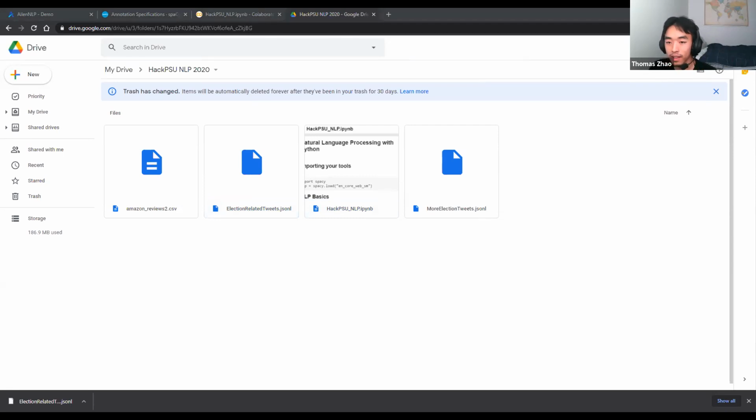What aren't you seeing, Ellen? Are you not seeing the? Okay, Aldison sees it. All you need for this section, Ellen, is just a notebook file and the election-related data. Wait, so you don't see this election-related data, Ellen?